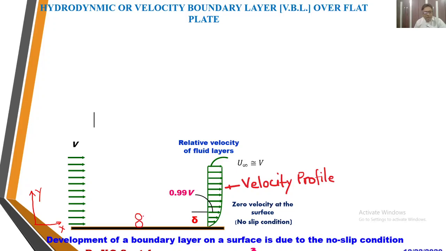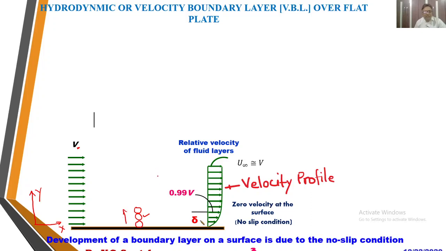Once again, this fluid layer will slow down the velocity of the fluid particles adjacent to it, from v to some reduced value, and this process will go on and on. So what is happening because of this no slip condition, because of the fluid particles coming into contact with this stationary flat plate, is that a velocity gradient is created away from the flat surface